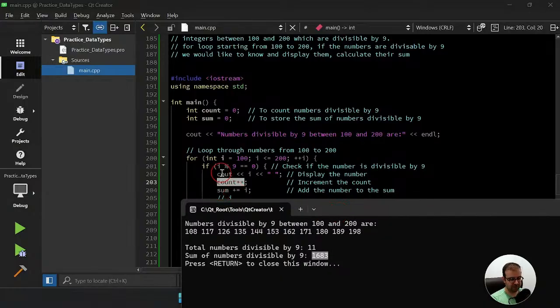In each iteration that we found an I that is divisible by 9, we print it out and add that number to the sum variable. So 108 is found, it is added to the sum that was initially 0. Then we found 117, which is added to the sum that was already 108 from the previous iteration. Then 126 is found, it is again added to the sum variable until the end, and we have the sum